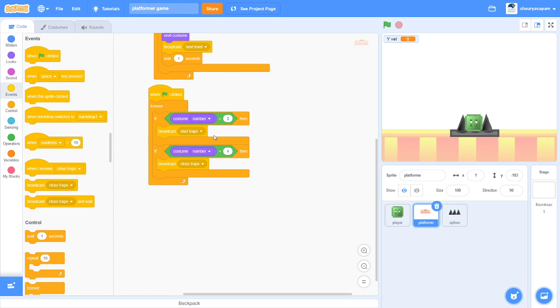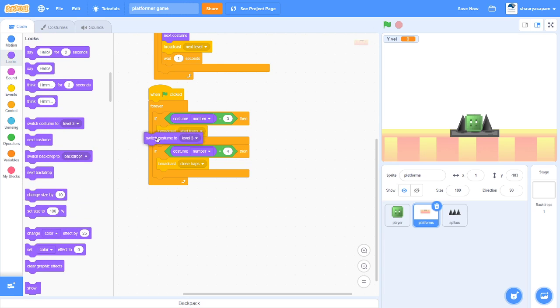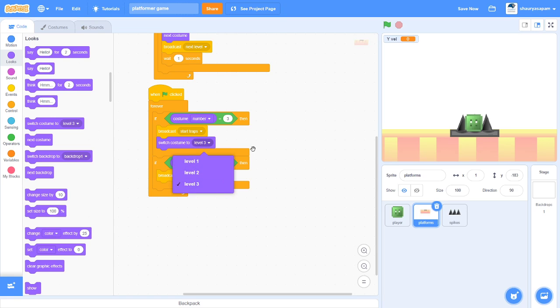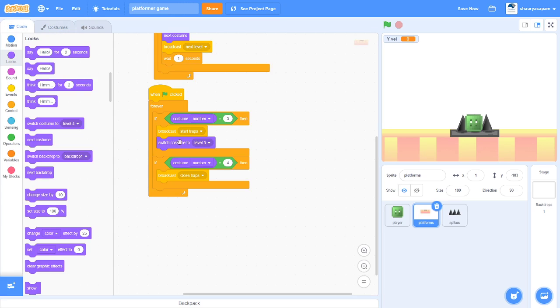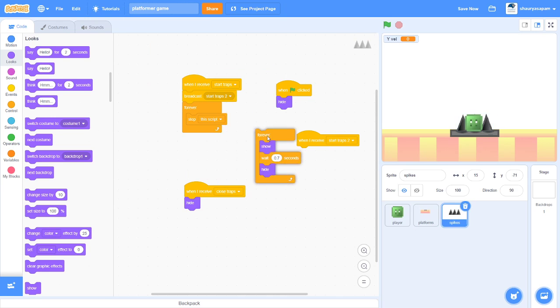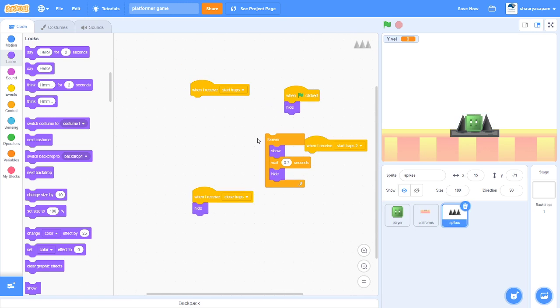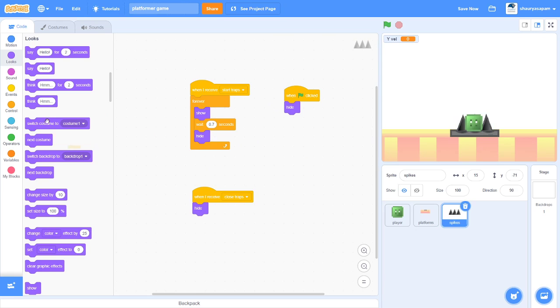Got it. Then what we can do is switch costume to level 4. Okay, so guys, we can duplicate this, and this is simply level 4. Now it won't do anything. I kind of figured that out from one of my old projects, and we can delete that. So now you can see that it's going to switch to level 4, which is the same identical level as the level,